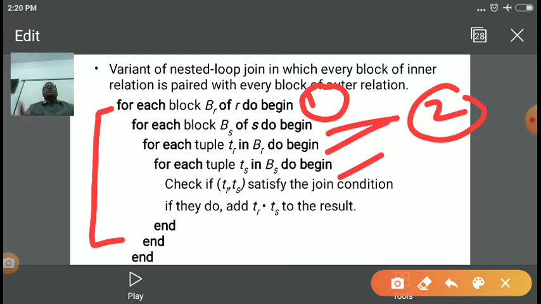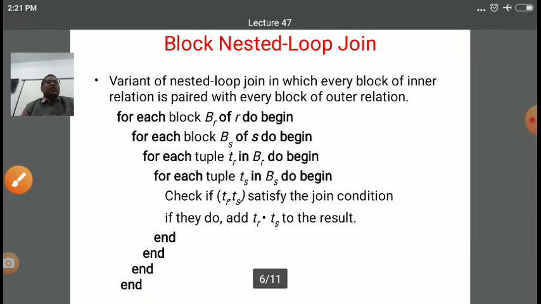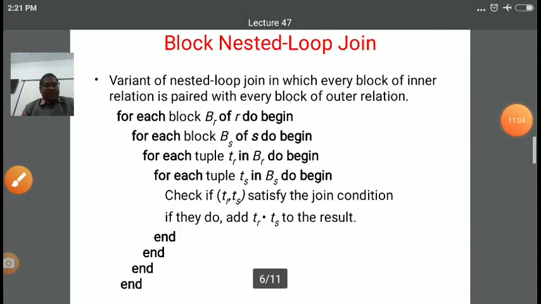So in this scenario, we have 4 loops. The outer loop is for the blocks of relation R, then the next loop is for the blocks of the inner relation S, then the third loop is for the tuples of the outer relation R, and the last, innermost loop is for the tuples of relation S, the inner relation. So in this manner we can implement the concept of block nested loop join, right?